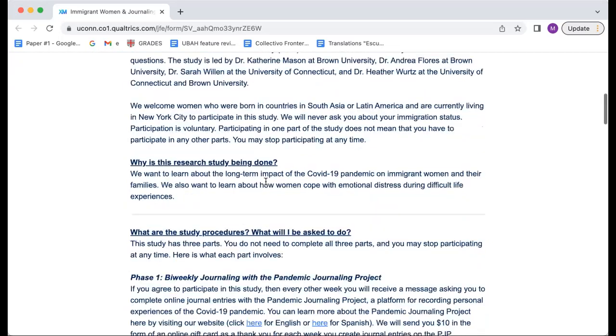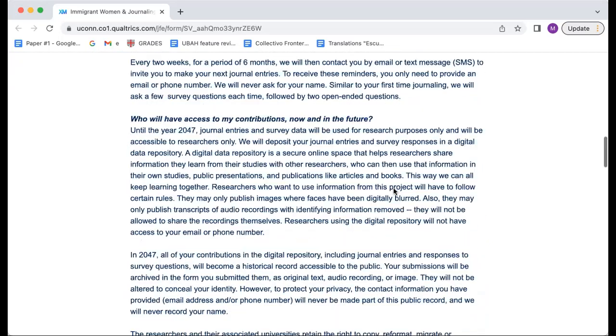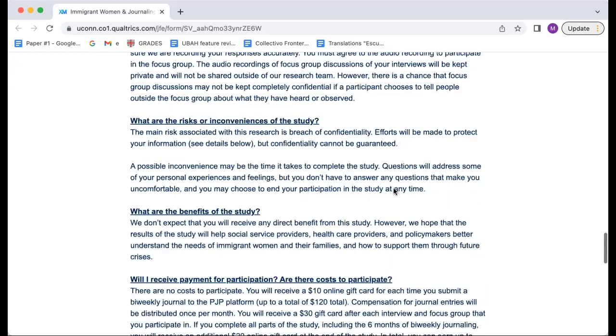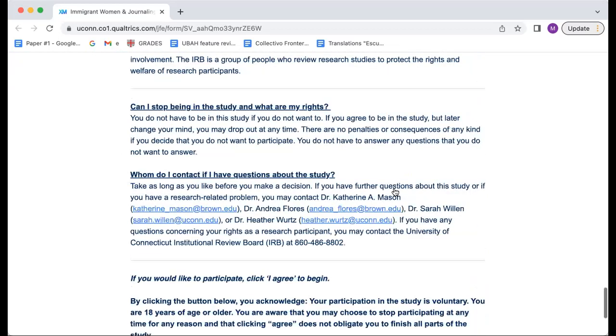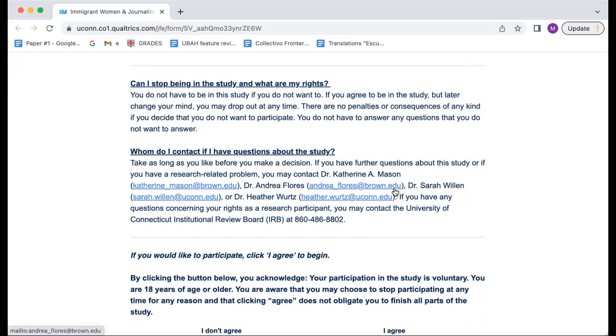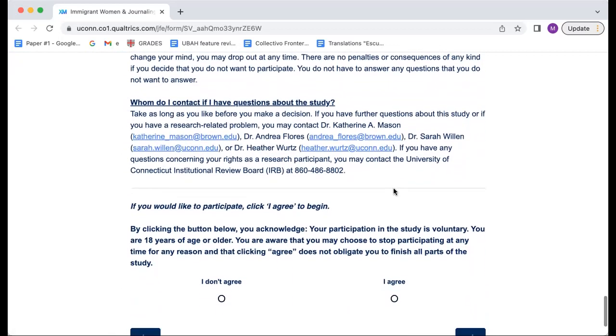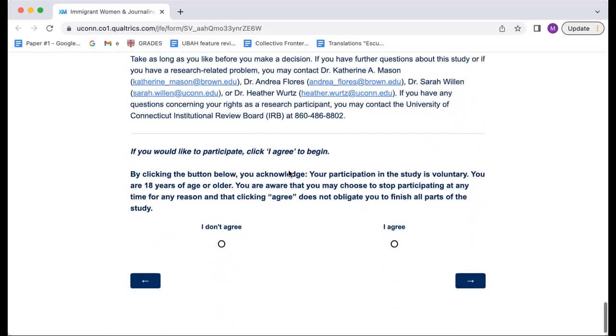So make sure to read these instructions very carefully and decide whether or not you want to participate in the project. And then there's another tutorial that explains all of the parts of this agreement in depth, but for the sake of time, we will not go through them. You'll reach the bottom, and if you agree with the terms, you'll click on I agree, and then move on